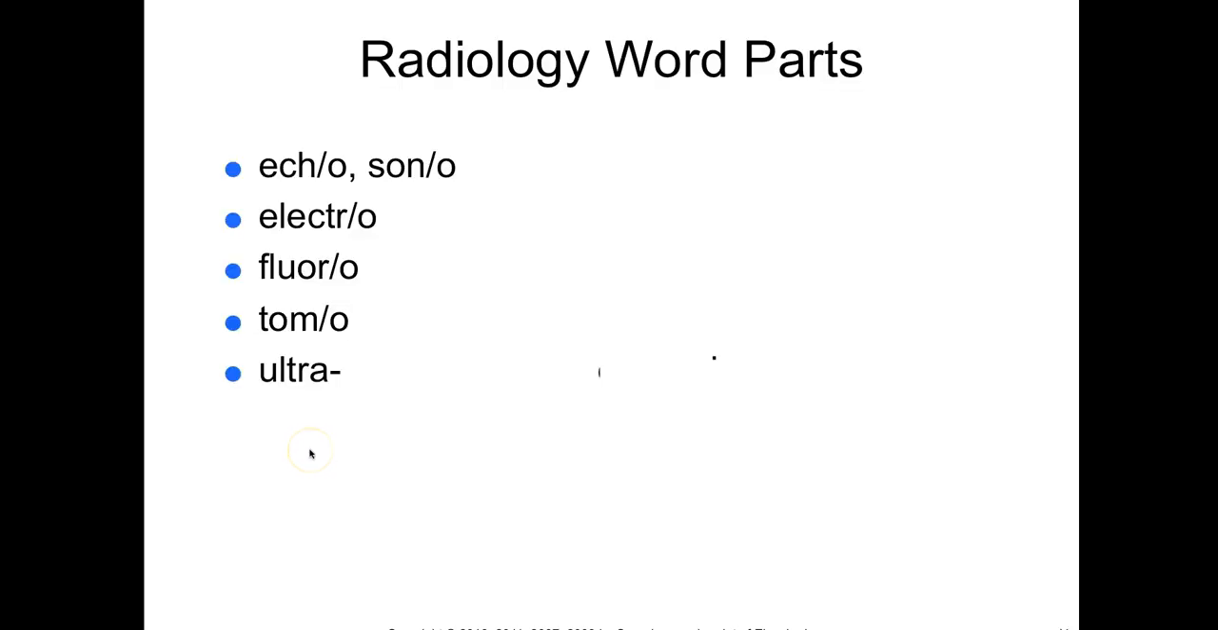First we have echo or sono, and this means sound. So you may have heard of sonography, and these are images of deep structures of our body. It sends and receives high frequency sound waves that are reflected back as echoes from the tissue's interface, and that can help to give us a sonogram, a record of this. Next we have electro, which means electricity. You guys have already seen this. And then we have fluoro, which means